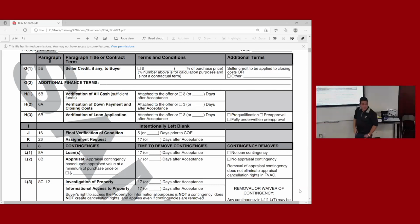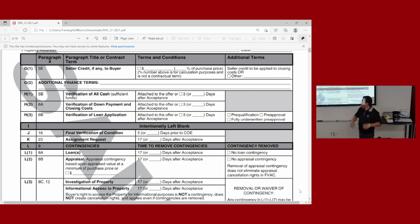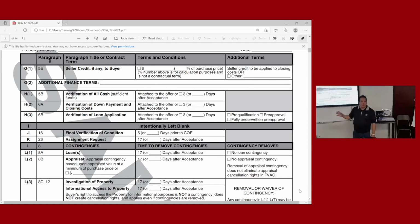Okay? Cool? Okay. But now, just so you know, the contract has changed. It is now in the contract to require you to disclose proof of funds for your down payment and closing costs upfront with the offer. So if they're asking for proof of funds, some of you want to point to the lender's letter, some of you go like, well, my lender letter said they verified all funds necessary to close the loan, so I want to use that. Some agents will be okay with that. Some may say, no, I want proof of funds for down payment and closing costs. They have the right to ask for that